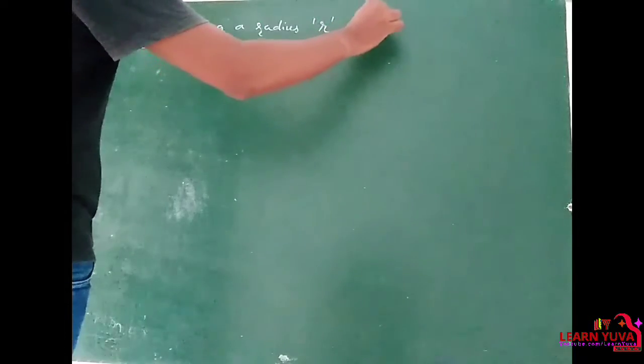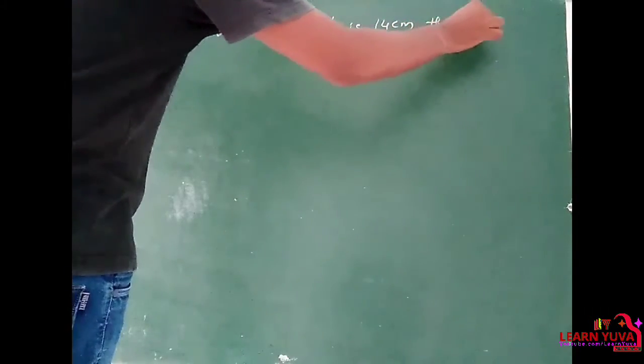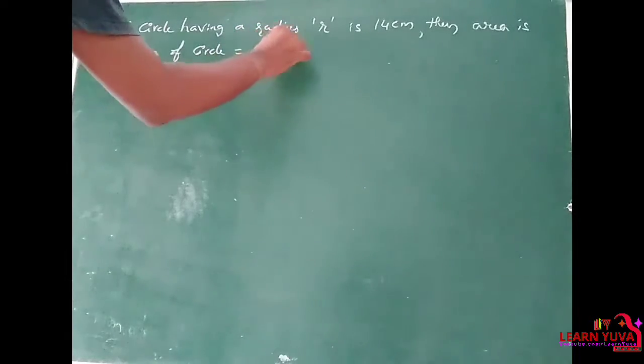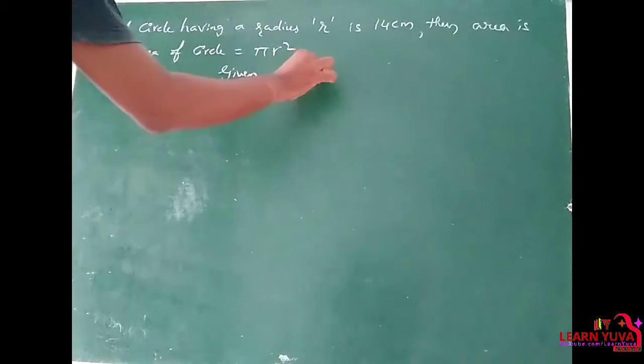R is 14 centimeters, then area is, you have to calculate area. So the area of the circle formula: area of circle is equal to pi r square, right? So given r is equal to 14 centimeters,